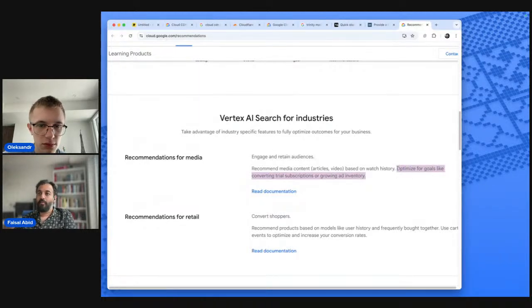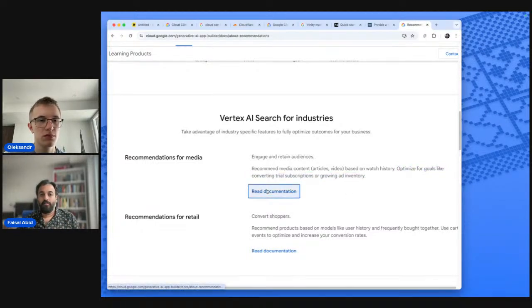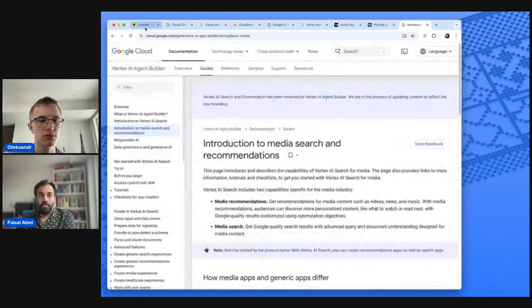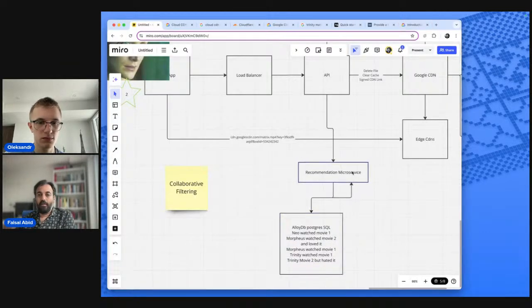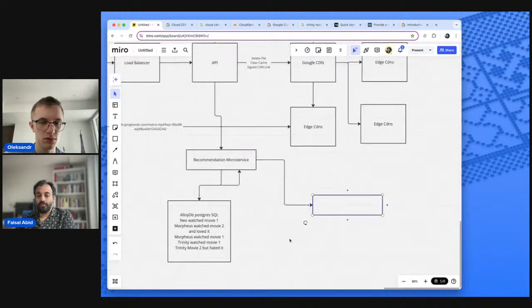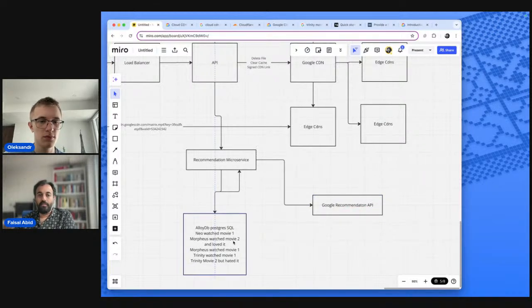So their optimization is not just based on people that watch, but on whether other people who watched it went on to pay. So their system gets more advanced. If you read the documentation, you can implement this. Instead of the recommendation microservice, you're now going to tie into Google's recommendation API, so you don't have to write any of the SQL queries anymore.